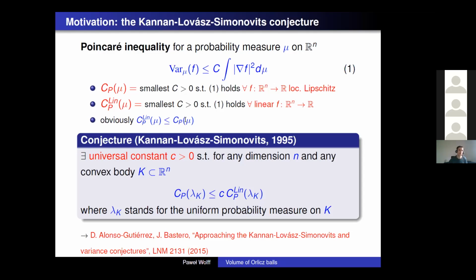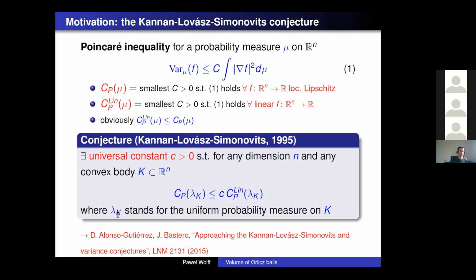They conjecture that actually this trivial bound can be reversed up to a universal constant, which does not depend on anything. I mean, that there exists a universal constant, just a number, and